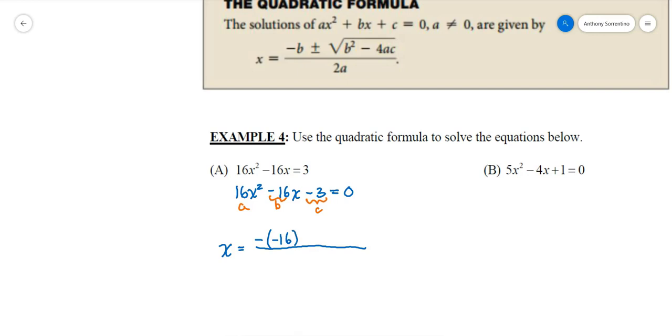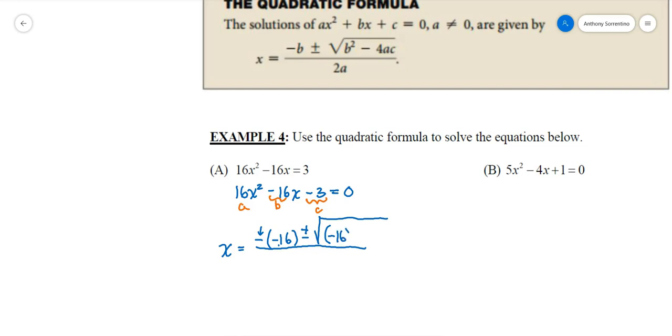So notice that just because b already had a negative there doesn't mean I'm just going to use that negative for the negative I have in the formula. No, no, no, nay, nay. That negative here is part of the structure of the formula. This negative is part of the number. I have to include both. Students forget that and end up having a wrong sign there. Plus or minus